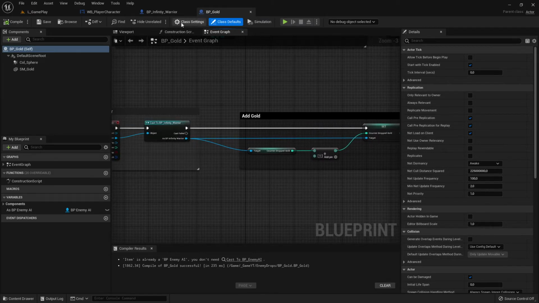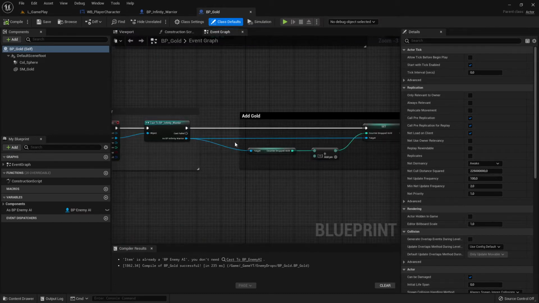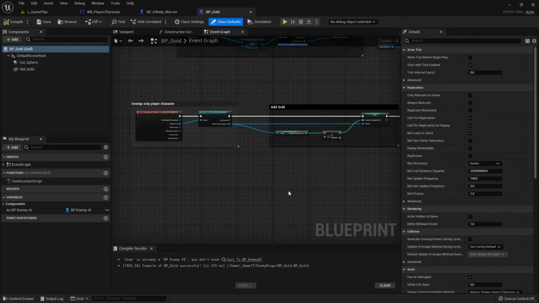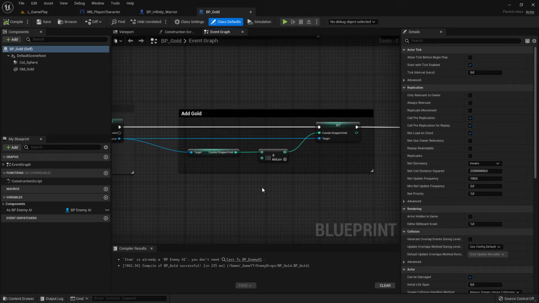What I have to do is go to your gold BP gold, or in my case this is the drop, what is going to drop after our enemy AI dies. In my case this one is gold, and then you go to event graph, and we have coded many things here already. So the only thing we really need is this little add gold, and what we are